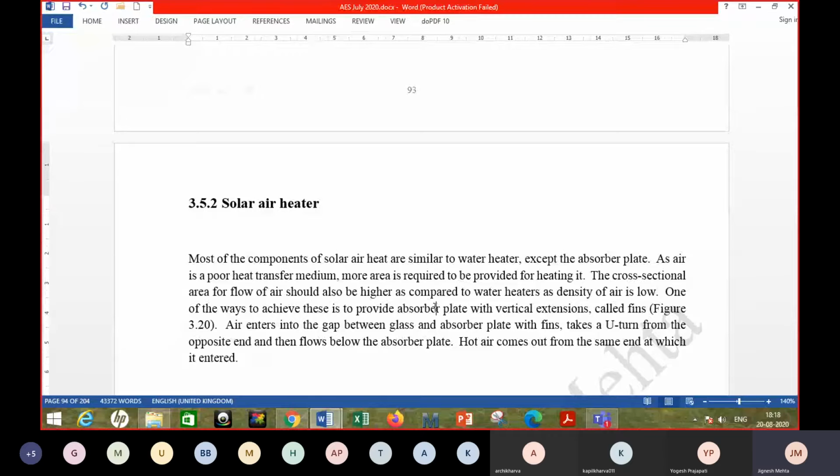Okay, now you have some idea about the typical water heating solar collectors, the absorber plate and the tube of small diameter attached to that. But in case of air heater, you cannot have such a small tube. Such a small passage cannot be provided for air because it has much higher specific volume. So you need to have bigger size passages. Otherwise, if you try to pass the high volume flow rate of air through a small passage, you have to have very high velocities, which will lead to very high pressure drops, which is not affordable.